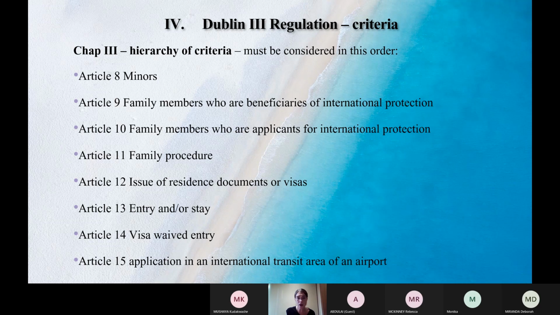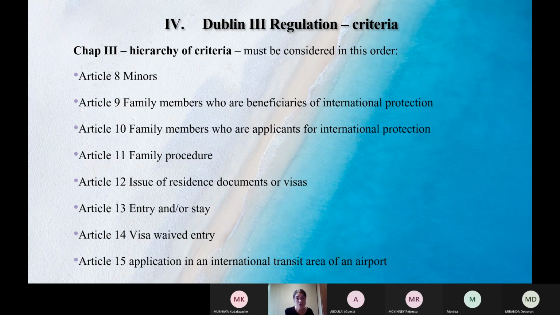Then you move on to family. There are 3 family criteria and they must be applied in order. First, are there family members in another member state who are already beneficiaries of international protection? In that instance, it is the member state where the family member is present and has been allowed to reside as a beneficiary of international protection. That's provided the persons concerned have expressed their desire in writing. So it would be necessary to have the family member and the applicant express their desire to be reunited in writing.